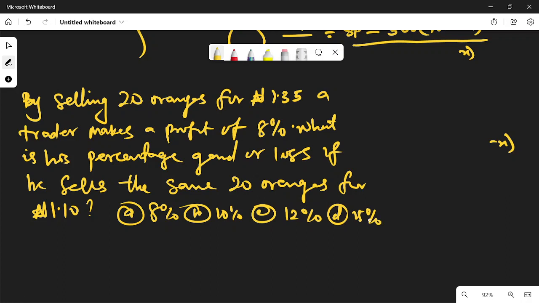So, what will be your answer? They said by selling 20 oranges for 1 naira 35 kobo, a trader makes a profit of 8%. What is his percentage gain or loss if he sells the same 20 oranges for 1.1 naira 10 kobo? Okay, so we can't say he's going to gain or lose until we know the cost price for those 20 oranges. So use this percentage profit. That is the profit he made,